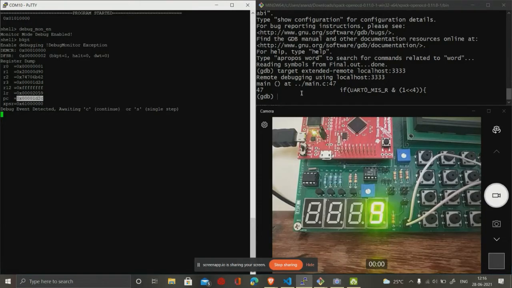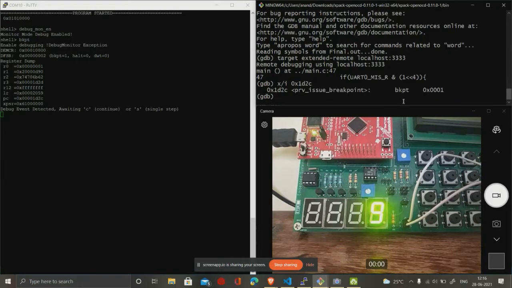We can also confirm that the breakpoint exists by using GDB. To do that, we'll use this command, x/i and the memory location where we want to look, 0x1d2c.